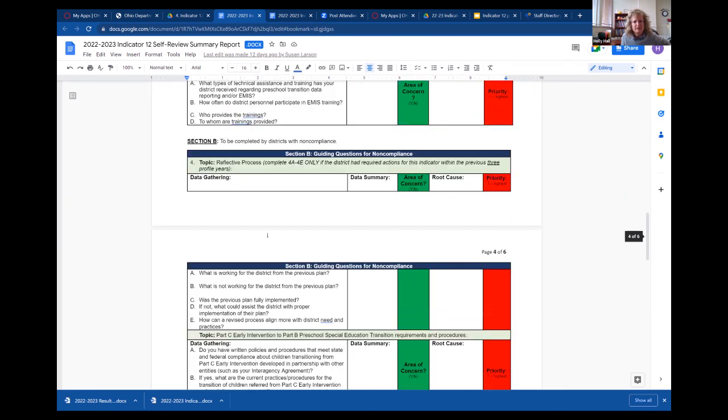Further down, if it's not an issue of a data error, but specific to non-compliance, then you would be directed to complete section B. Item 4 is a reflective process, and this would be specific to districts who had required actions in the previous 3 profile years. Oftentimes we get questions, do I need to fill this out? Only if you had a previous finding. And I don't think anybody had a previous finding from our region. So this question would be